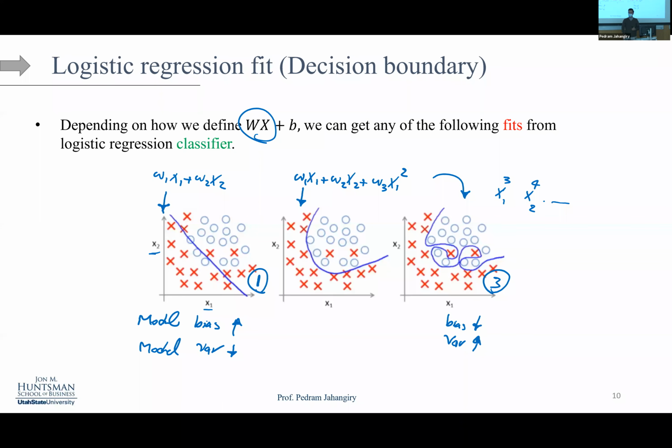Does everyone follow? If I said it the other way around, I apologize. We know that this is a simple model, this is a complex model. In a simple model, bias is high; in a complex model, bias is low. And do you remember we had penalized regression? You can apply all those concepts here. You can add the penalty term in logistic regression and use lasso with logistic regression, use elastic net with logistic regression. You can combine all these things. I'm going to show you where you should put that L1 norm and L2 norm in the logistic